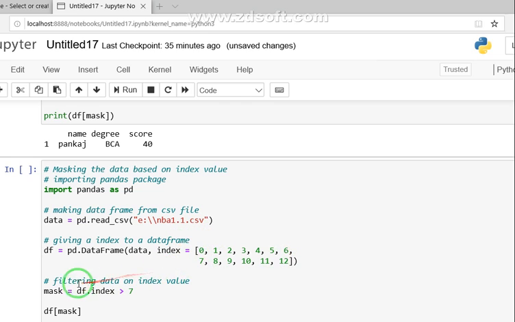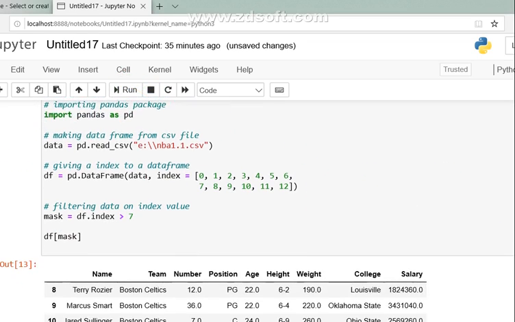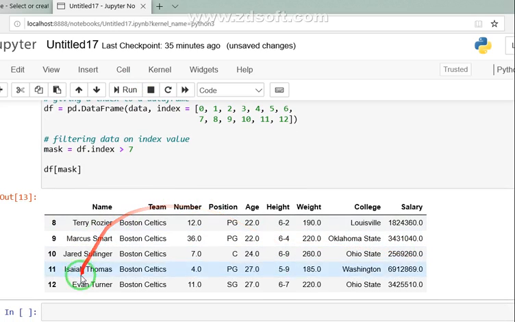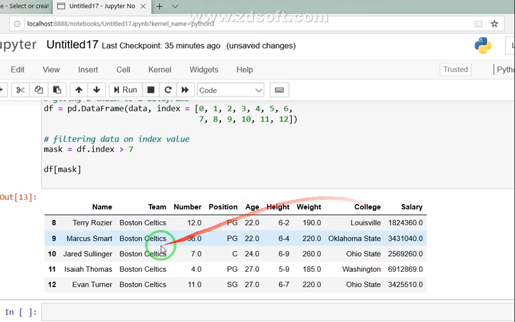Now what I am doing is filtering the data based on the index value. Here I say the mask is equal to data frame dot index. This will access the index values, where the index value is greater than 7. Clear? So when I supply mask, this condition gets run here. When you run this one, all the rows where the index value is greater than 7 you get in the result.